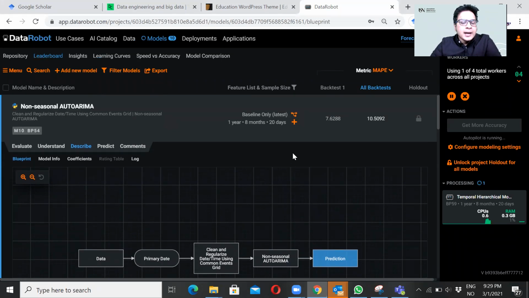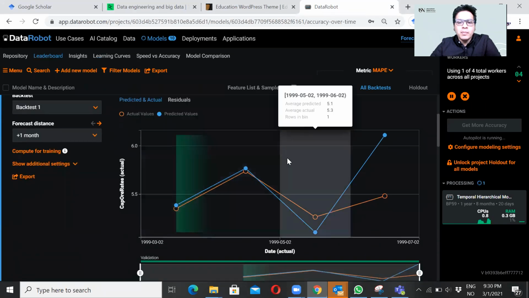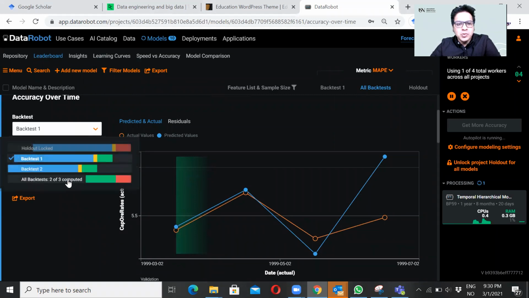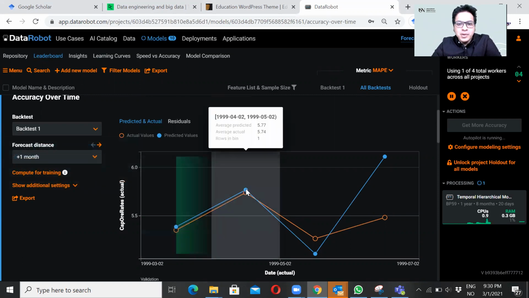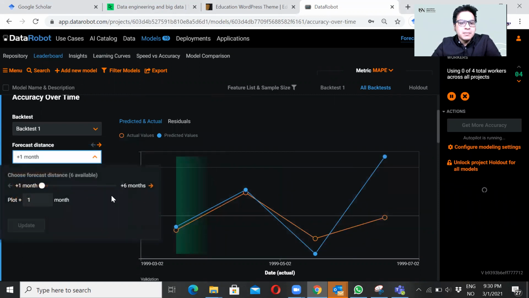Okay, and if you want to see some more information, if you click on evaluate, then you will get some more information here. How did the model work? For backtest 1, you can change to backtest 2, and you can change to all backtests. You can see how the model worked. So here we can see the actual values and predicted values. Okay, and here we can increase the months